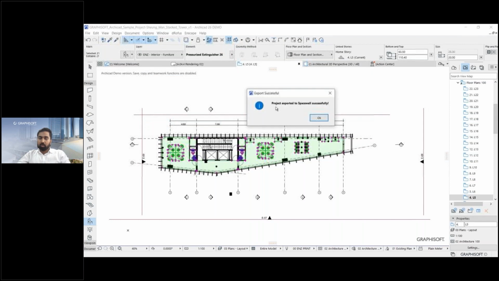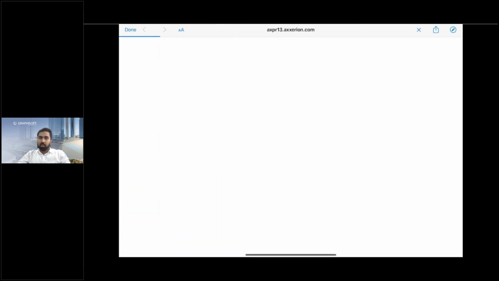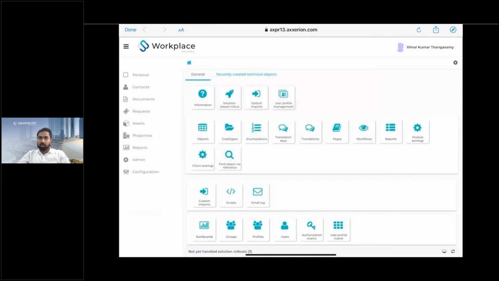So it gives a pop-up when it is successful. So you can see the project is exported to BIMx successfully. So now I'm opening the iPad, and using the extension, I can open the Spacewell management within the iPad BIMx model itself. So you can see this is how it looks, and you can check out the model that we